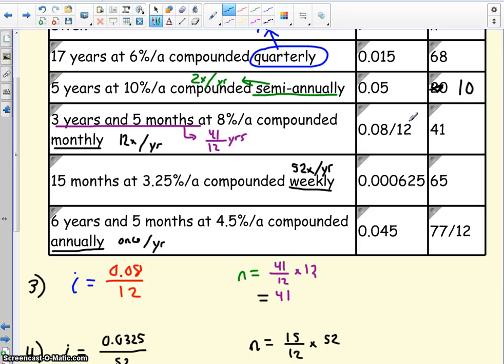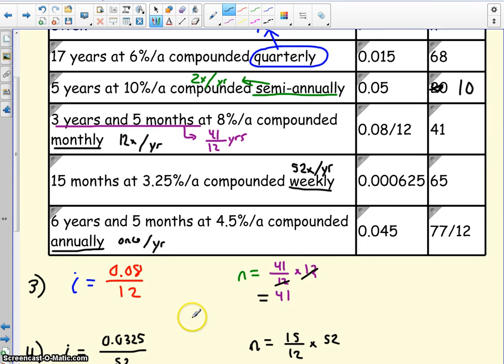To keep accuracy, I don't want you to round, because your answer is going to be very, very inaccurate. So keep it as a fraction if you need to, and put that in the equation. So for this, just leave it as 0.08 over 12, and you put it into the formula if you have to use it. So for n, you have 3 years and 5 months, which is 41 months, which is 41 over 12 years. So 41 over 12 years times 12 times a year, those 12s cancel,